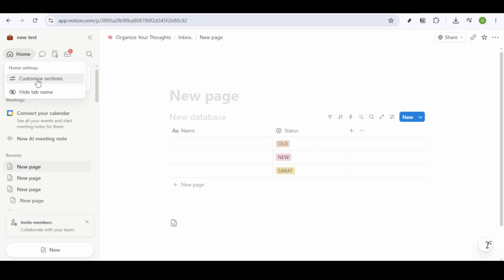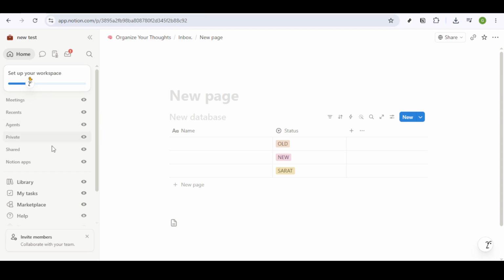Here, you'll immediately see any recent pages you've worked on. This is great for quickly jumping back into an ongoing project or revisiting notes that require a bit of polishing. Frequent visitors to your home view will also benefit from the Favorites section. If there are specific pages or databases you access regularly, you can mark them as a favorite, ensuring they're always